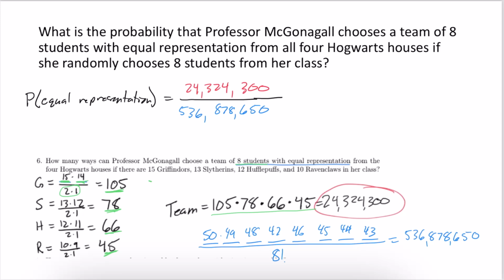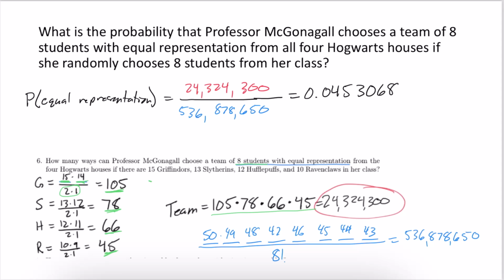And to answer the question that we were asked, which is what is the probability that you choose a team with equal representation, we're just going to take that red number on the top and divide that by the bottom number, 536,878,650. And when I do that, the probability that she chooses a team of 8 students with equal representation ends up being 0.0453068, etc. So basically, it's a little bit more than 4% likely